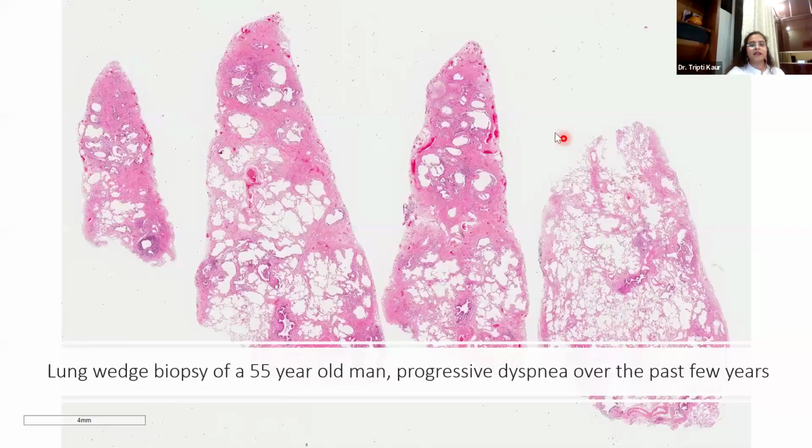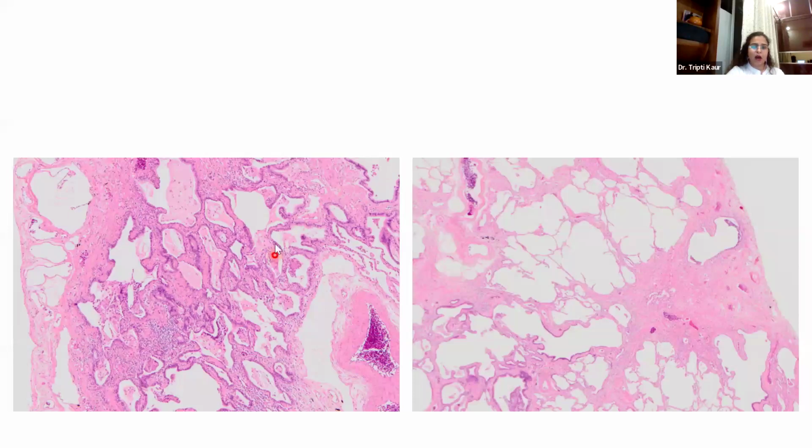So what you have to see in UIP cases is a very heterogeneous look. Some areas are absolutely looking like normal lung. However, some areas are showing a lot of fibrosis. And what are these cysts? These cysts are stacking over each other. This is called microscopic honeycombing. And if you look at the closer part, this is how microscopic honeycombing will look. This is a subpleural area of fibrosis, and the fibrosis is extending into the septal areas.